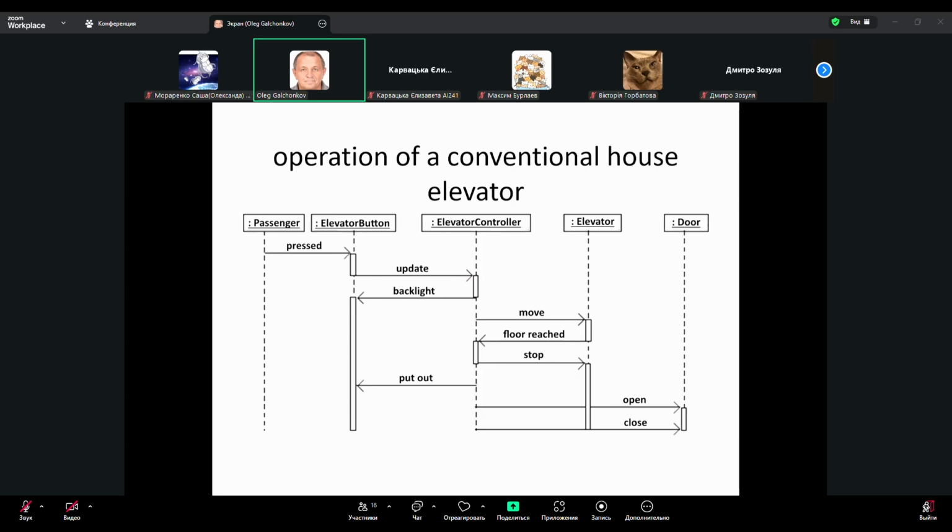Another example of a sequence diagram, the operation of a conventional house elevator. The passenger presses the elevator button, which updates the elevator controller, and the controller sends a message to the elevator button to backlight, and then sends a message to the elevator to move,